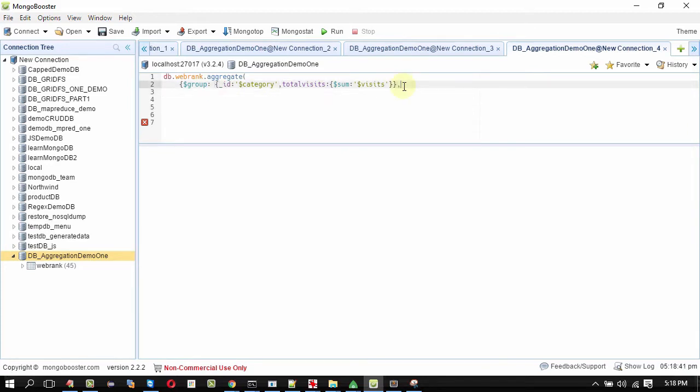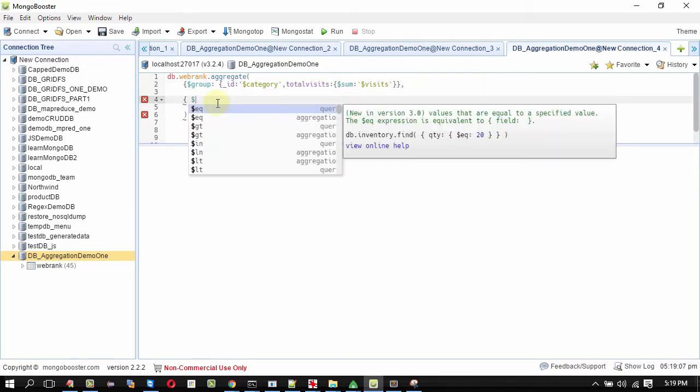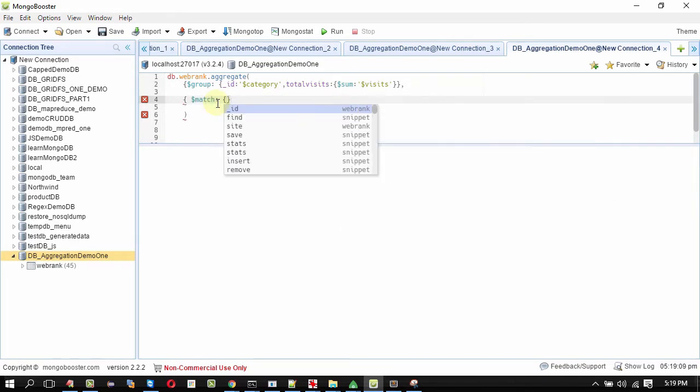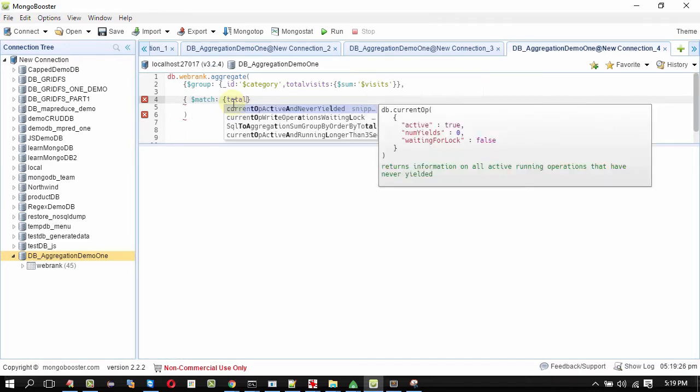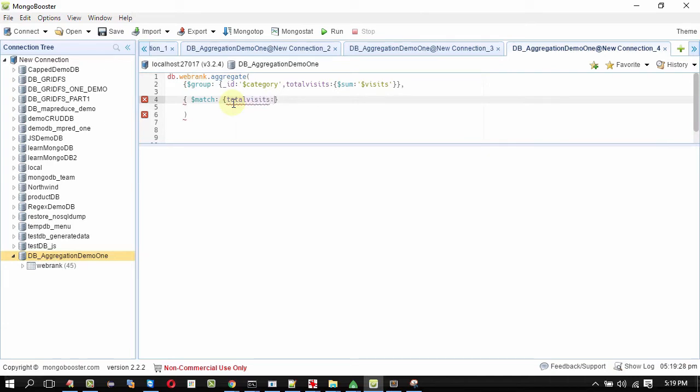Now we have done with group. The next step is to filter the total visits by 1 million. For that, I'll be using match. Total visits is going to be greater than 1 million.